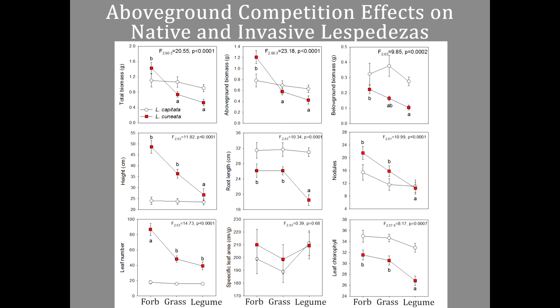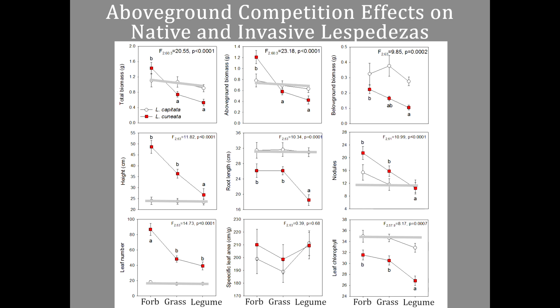The red color is the growth of the invasive Sericea, and then the white circles is the growth of the native. And then on the bottom here, the left-hand column represents the growth of those Sericea or the round-headed bush clover when it was growing and competing with a forb. And then on the right-hand side when it was growing with a legume and a grass in the middle. What we see, if I add on these extra bars here, is that the growth of that native plant didn't really differ depending on whichever functional group it was growing with. So no matter if that native Lespedeza was growing with a forb, a grass, or a legume, its growth was